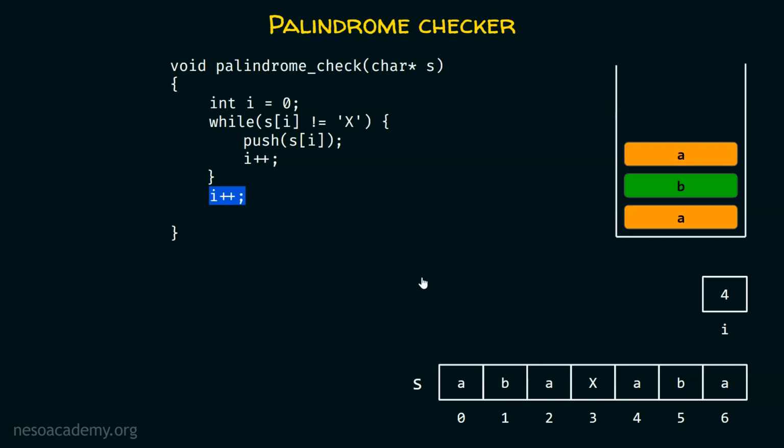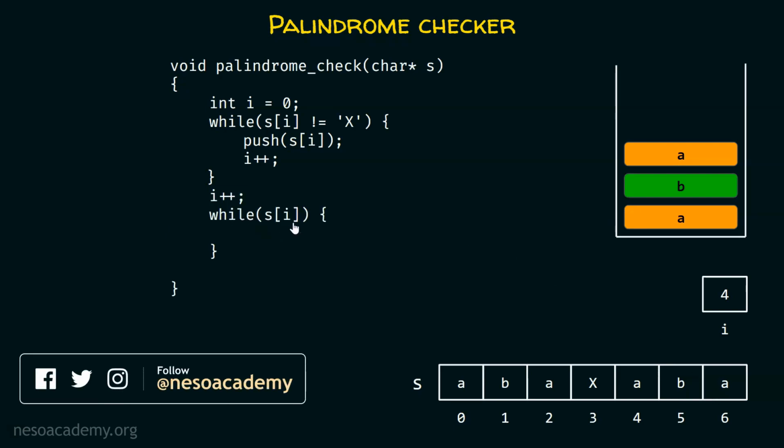After this, the next step is we need one more while loop, right? Of course, we have to pop these elements one by one out of the stack now, and we have to compare them with these characters. For this purpose, we need this while loop: while S[i], right? And in this while loop, we will check this condition: if stack is empty, we are trying to compare all these elements with these elements, right? Here we have to check this: is stack empty?